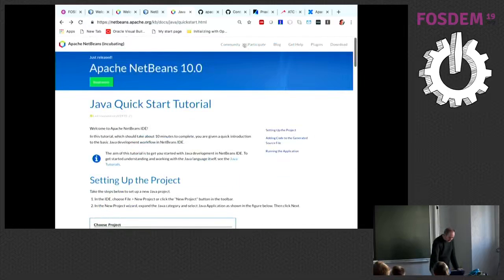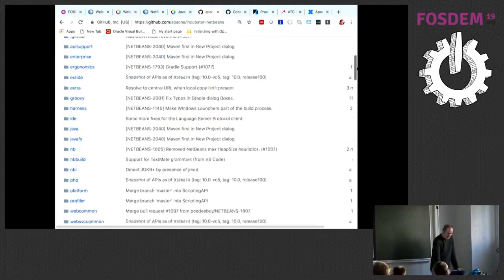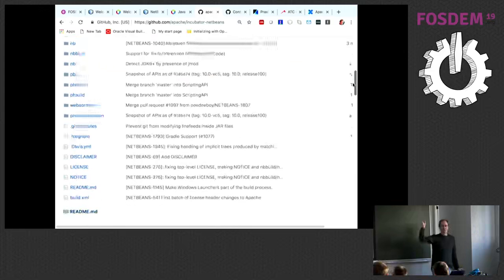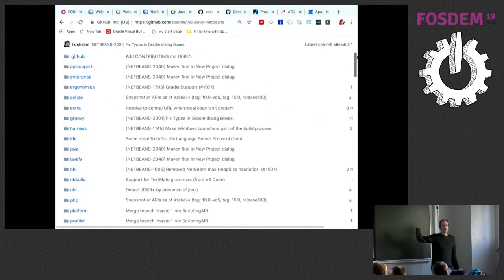Here is the Apache NetBeans GitHub repository, and we've completely restructured this because we had like thousands of top-level folders. Because inside NetBeans, Mercurial at Oracle, we had this long list of all our modules, which became unmanageable within GitHub. So we have reorganized those modules into different clusters. So these are clusters of modules, and if you're familiar with NetBeans terminology, a cluster is a collection of modules, and this reflects what you see in your installation directory.